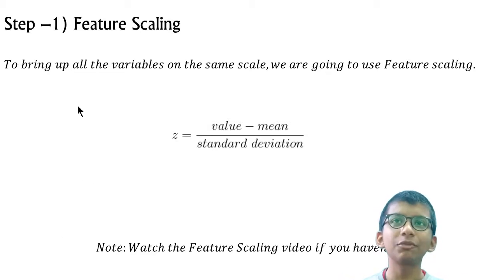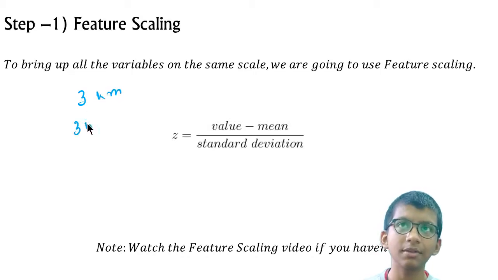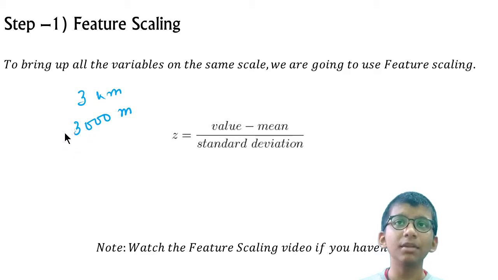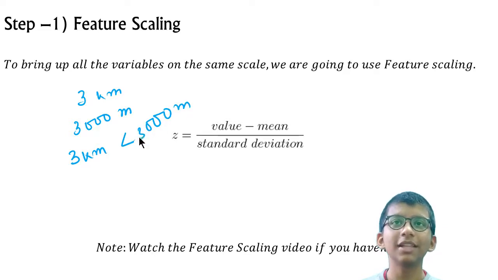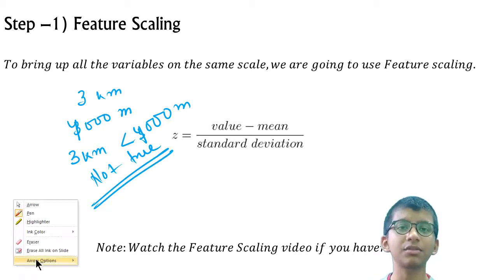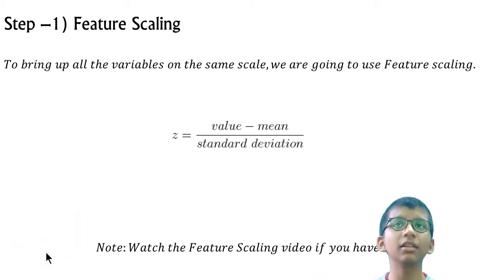Let's say we have 3 kilometers and 3,000 meters. An algorithm will understand 3 kilometers is less than 3,000 meters. That's not true. Let's say 4,000 meters, and that's not true. So for bringing all the features onto the same scale, we do something called feature scaling,